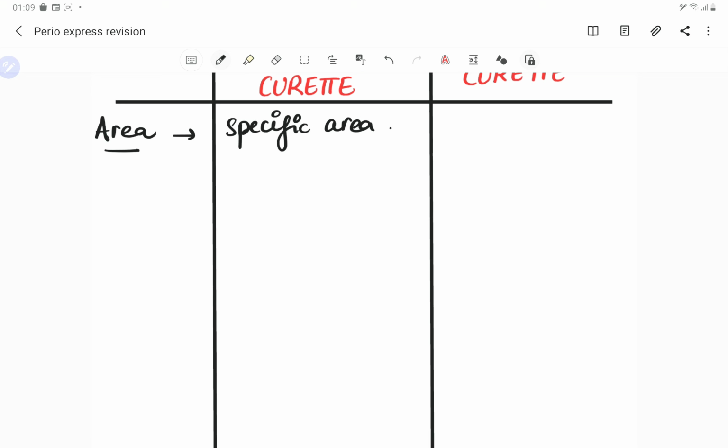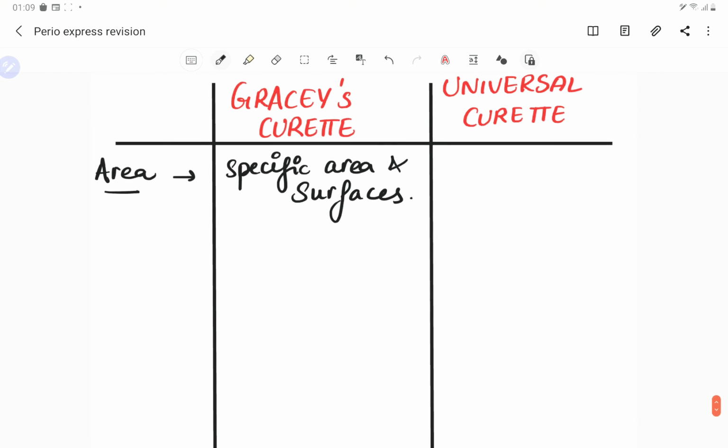So that is why we call the Gracie curette as the area specific curette. So this is the area specific and even the surface is specific. So specific area and the specific surfaces, which we use in case of the Gracie curette. But if we talk about the universal one, there is one curette which we use for all the surfaces, all the areas. So only one curette